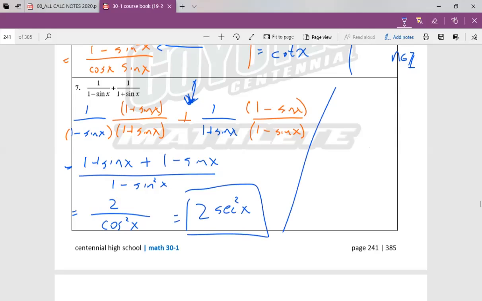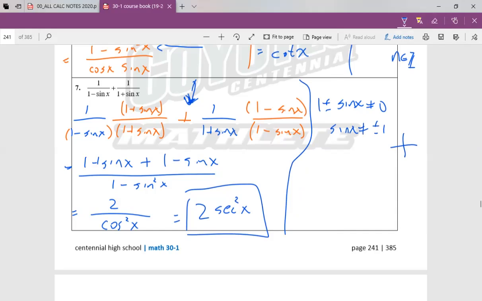And then the last piece, restrictions. 1 plus or minus sine x can't equal 0, because both of these have non-permissible values. What we end up with is sine x cannot equal plus or minus 1. And where is sine x equal to positive or negative 1? That's going to be here for positive 1, here for negative 1. Therefore,